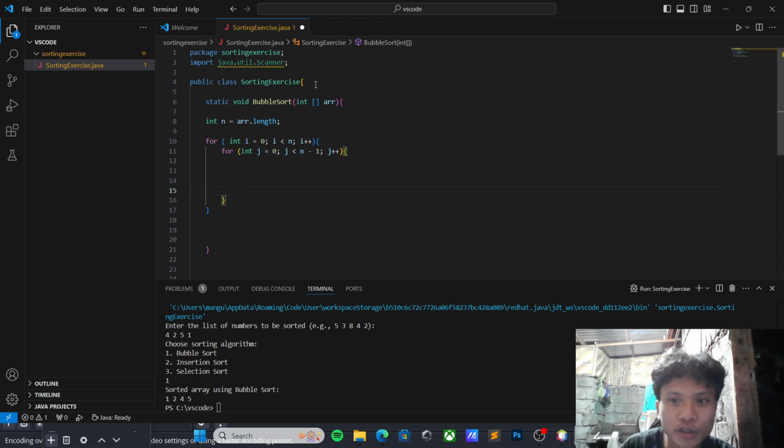This loop goes through the unsorted portion of the array and compares adjacent elements. As the outer loop progresses and i increases, the inner loop considers fewer elements because the last i elements are already sorted after each pass.